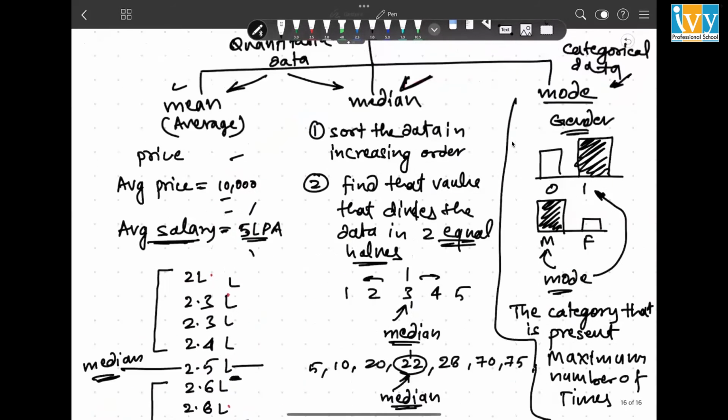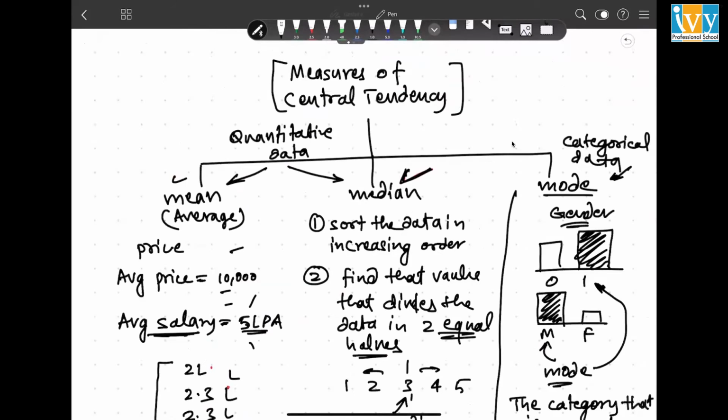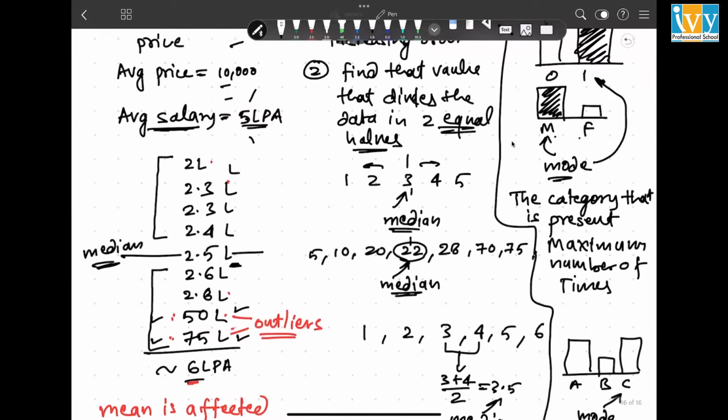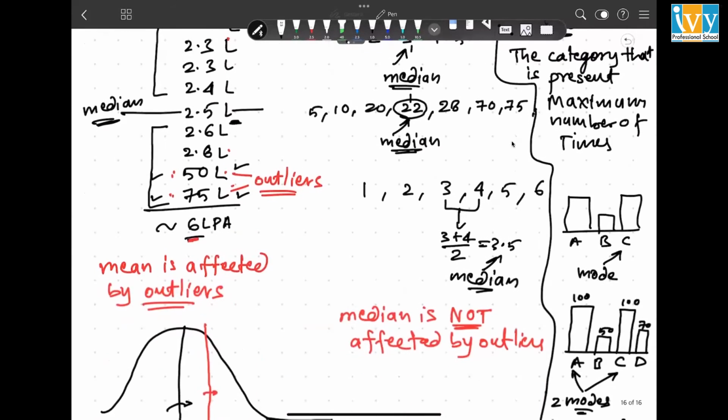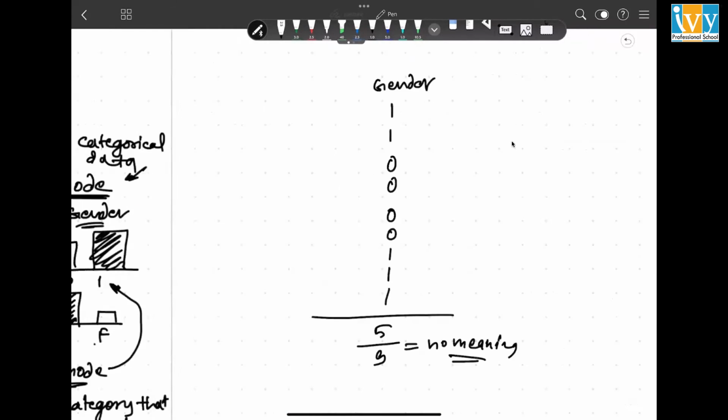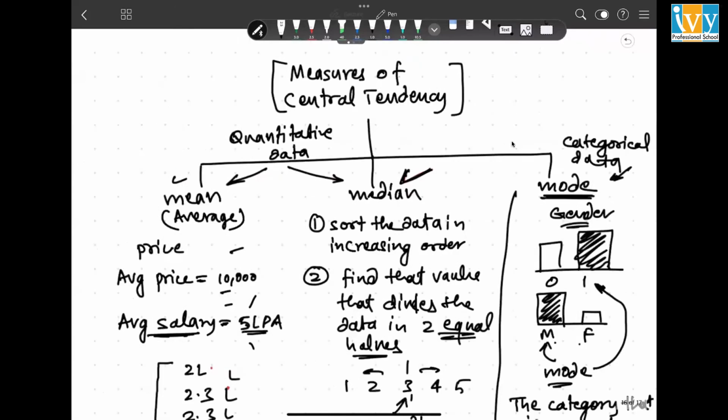Okay. Why do we use mode for gender categorical data? Because we cannot compute average. We cannot add all the males plus females divided by the total number, right? We cannot add A, B, C. These are categories. So since you cannot perform an averaging over here, that's why you count, and the counting gives you the mode value. Now, this is central tendency. So what do we look for? We look for the median value for quantitative data, and we look for the mode value for categorical data to understand the central position of this data column.